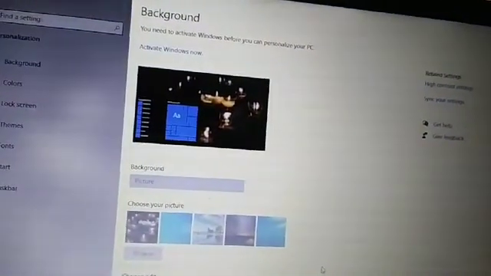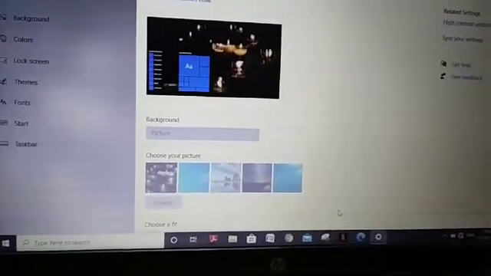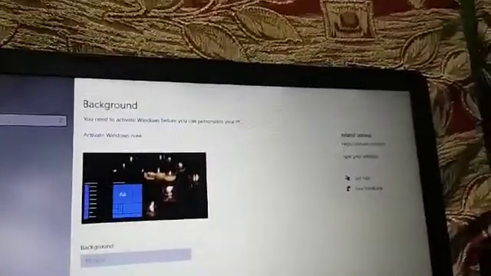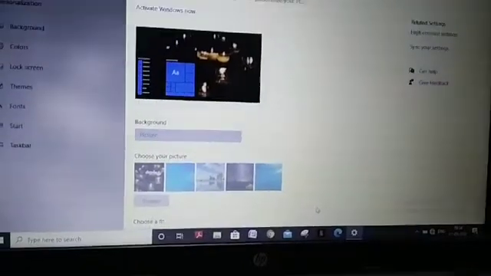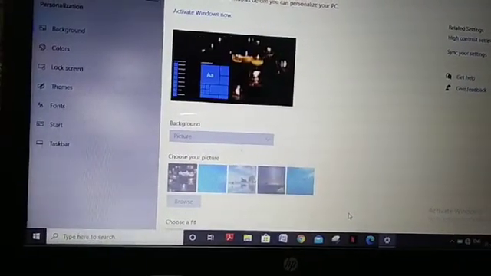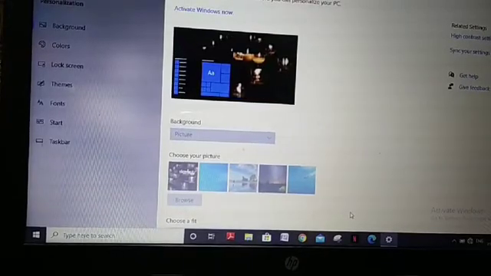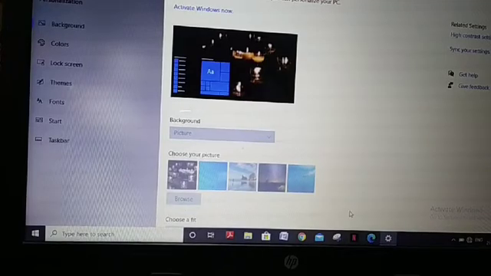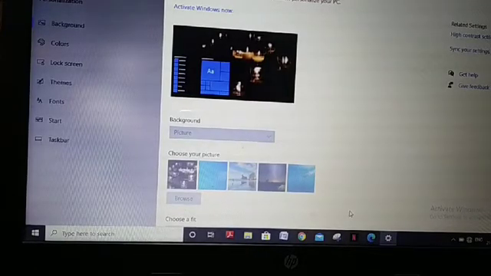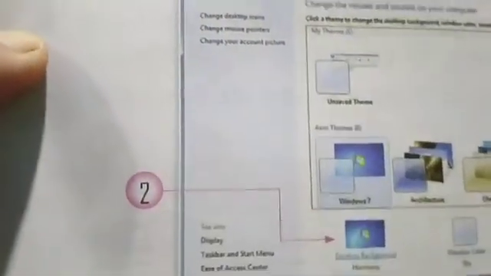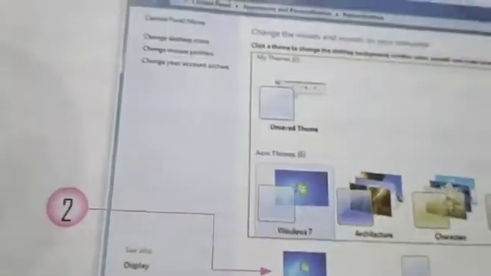So you are getting this screen. This is Windows 8, and there are some differences. So this is one of them. When you click on the personalize option, this screen comes on the Windows 8 version.